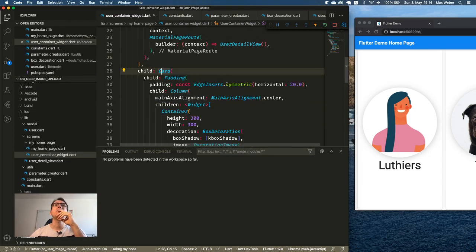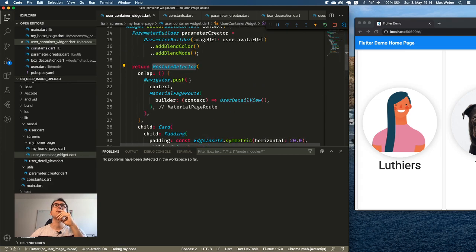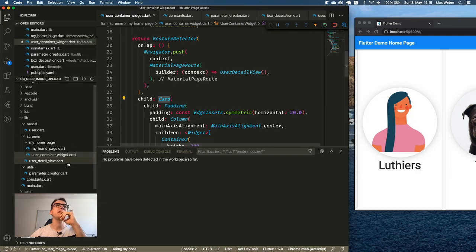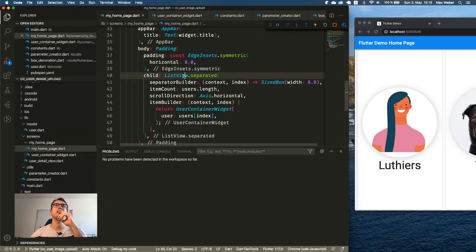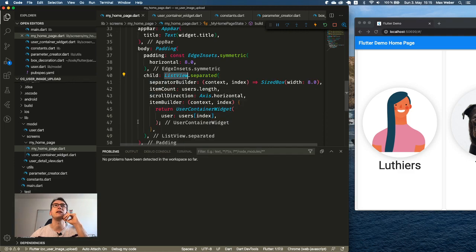And now, how can we constrain this card here? It lives in a gesture detector, and I have the feeling that this card inside of here lives in this list view. And list view takes always the whole space, right? If we take that. So the scroll direction,